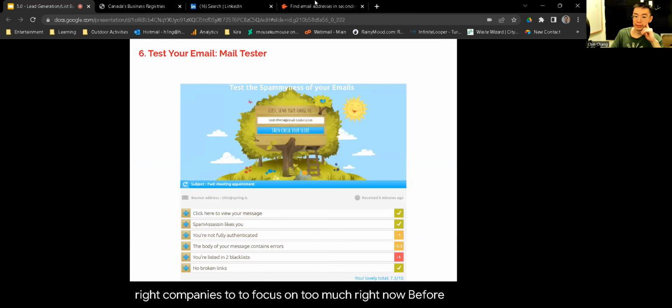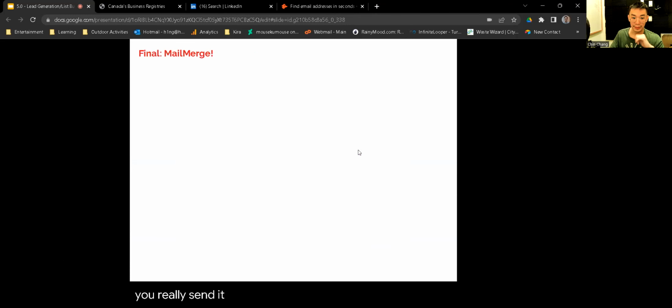Before you send an email, there's an in-between step as well. You can send a copy of your email to a tool like Mailtester, and it will let you know some things. It'll let you know if your email server is set up correctly, right? Are you authenticated? Does your body contain too many sales or spammy words like "free" and too many links, those kinds of things, right? So it will just verify the email to make sure it's good before you really send it out.